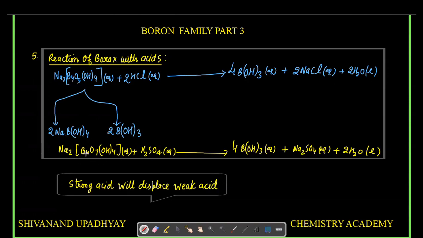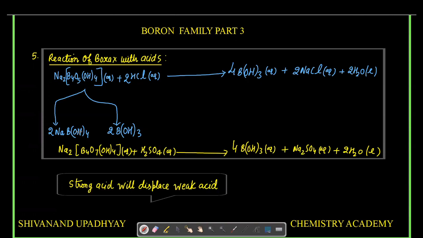So if I write logically, this reaction should be there, because one molecule of this has 2 molecules of boric acid and 2 molecules of this, so 2 molecules of HCl react with it, and there is formation of 2 moles of NaCl here and 2 molecules of boric acid